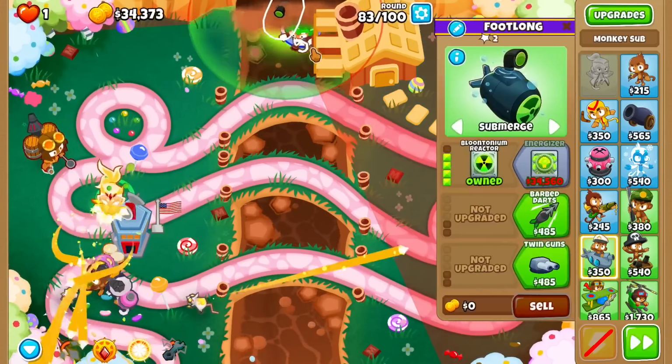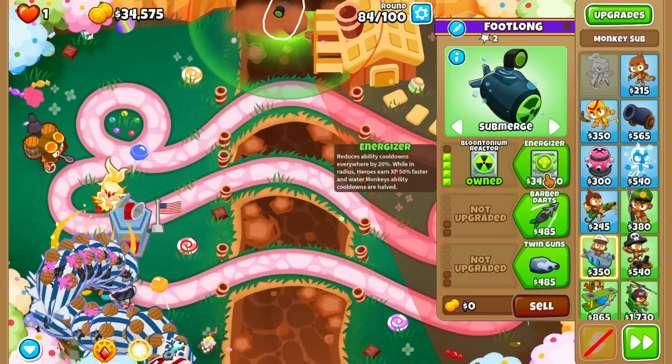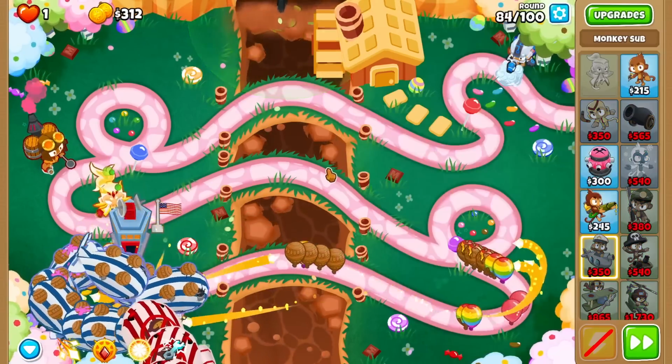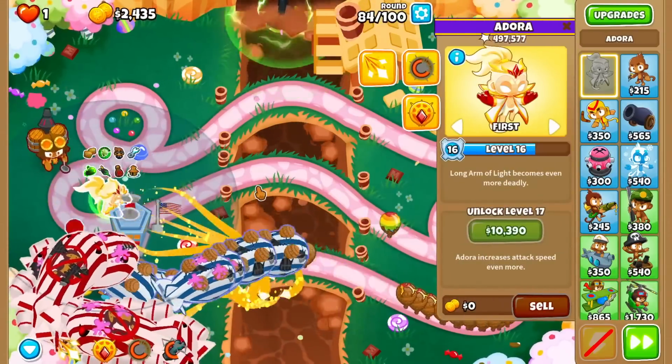Oh, wait. Do I need to be in range? She would earn extra experience if I was in range, but just having 20% cooldown I think is good enough for me. So here we go. Let's see if that's going to be enough for us. And now, where does the money go? Back to Adora, or